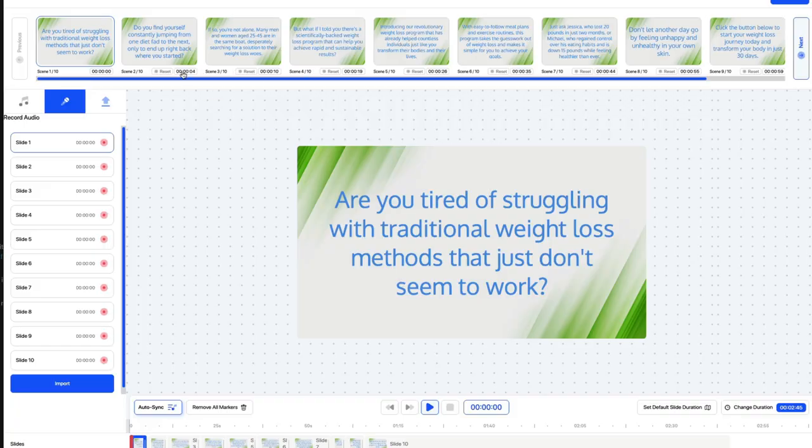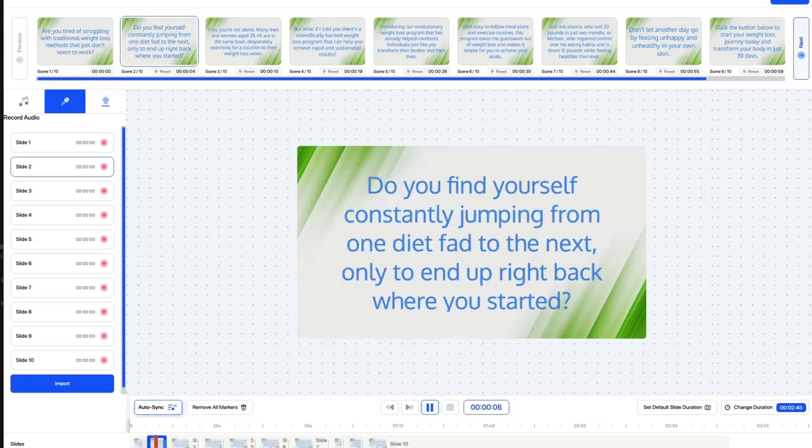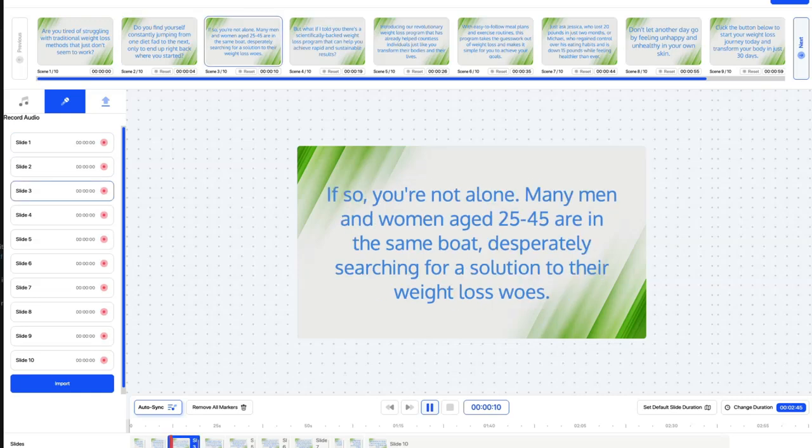So now, as you can see, when I click on play, are you tired of struggling with traditional weight loss methods that just don't seem to work? Do you find yourself constantly jumping from one diet fad to the next, only to end up right back where you started? If so, you're not alone. Many men and women aged 25 to 45 are in the same boat, desperately searching for a solution to their